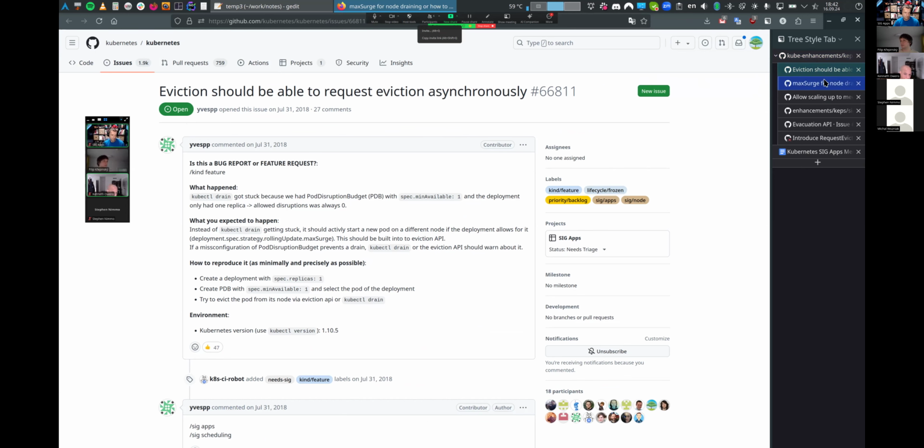But this is not only for VMs. It's also for other applications that do not require two replicas. For example, you have one load balancer or something, and you don't need two of them.